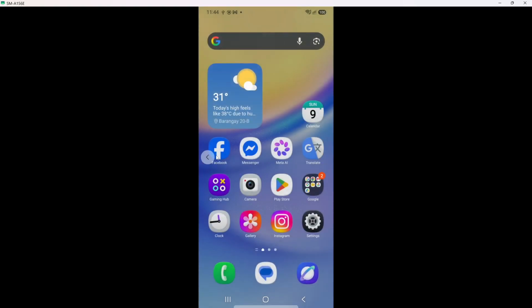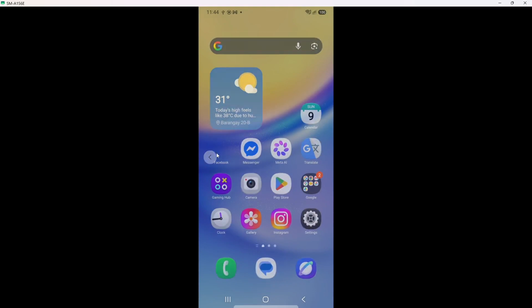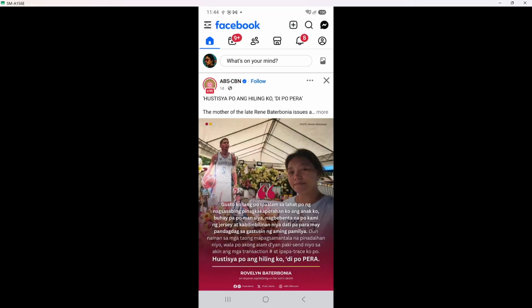Open Facebook, tap the Facebook app icon, then wait for the home feed to load fully. At the top or bottom, you should see the standard buttons like Home, Reels, Marketplace, and Menu, which means you are in the main Facebook screen. Tap Menu, shown as 3 horizontal lines. On some phones, it is in the bottom right, on others in the top right.